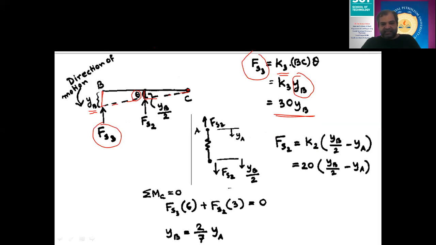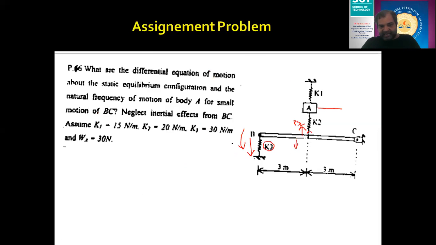So if I consider this as a mass M, the mass is acting at point A. At this point, there is one spring up and one spring down. As this is going downward, the K2 spring will definitely try to push point A in this direction. So the displacement will be in this direction, YA.